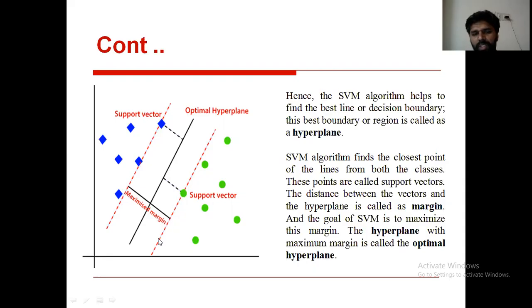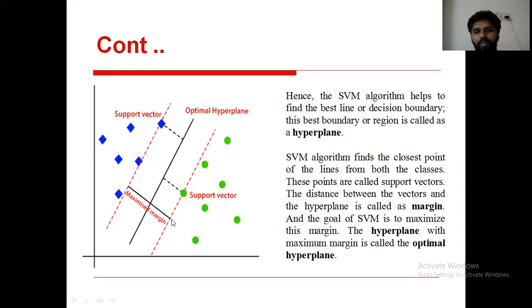Some green color instances also appear on the decision boundary, or some instances may be very near to the decision boundary. Such instances are treated as support vectors. On the decision boundary, some instances appear, or some are very close to it. We already discussed these as data points, but technically, these are not data points, these are instances. These instances are treated as support vectors.